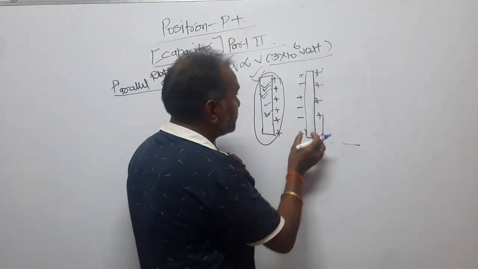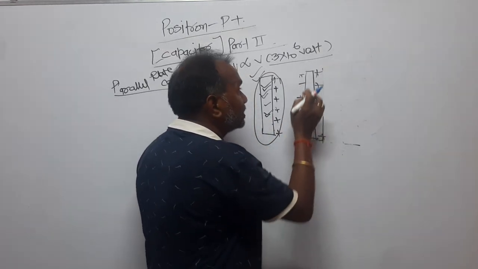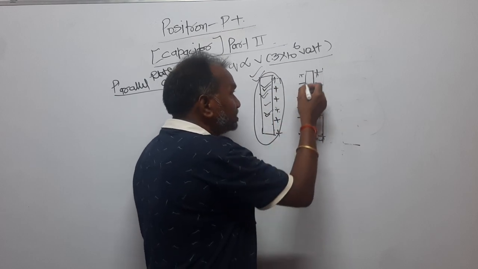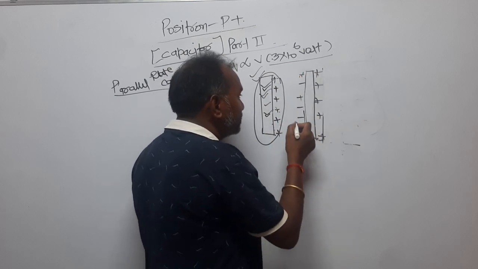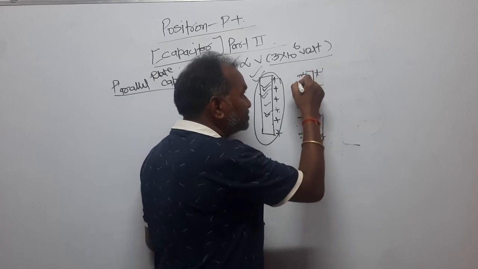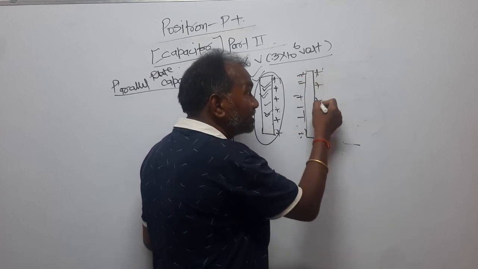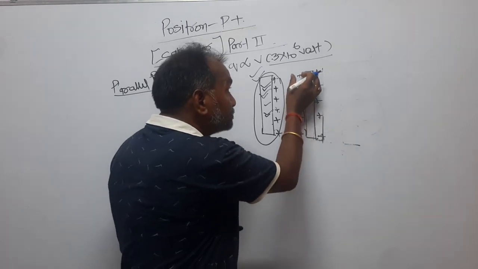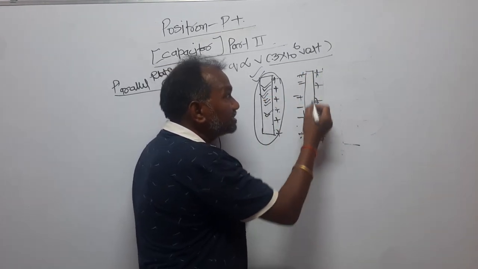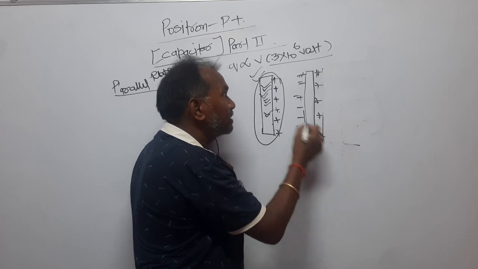For that purpose, we have brought a plate here. This was a neutral plate. Because of induction, this plate becomes negatively charged. Because here is a positive charge, it will attract the negative charge, and the other side will become positive. Now, because of this negative charge, the potential of this plate decreases, and because of this positive charge, the potential of